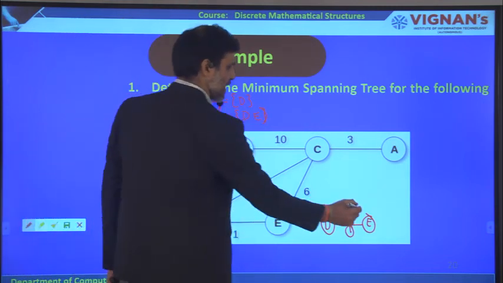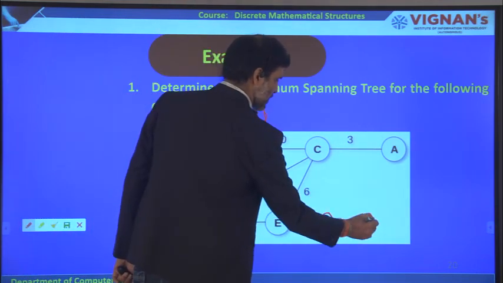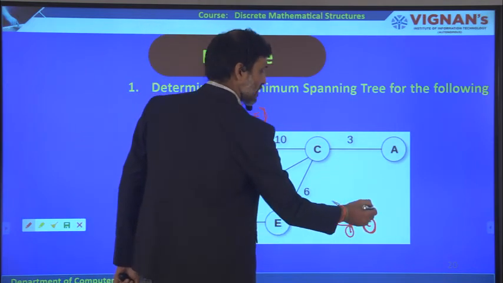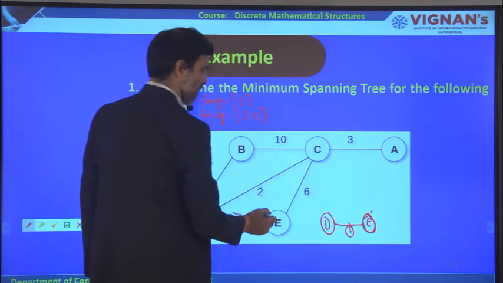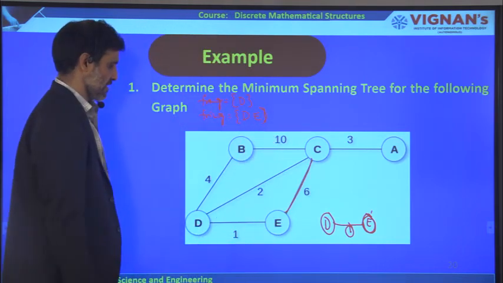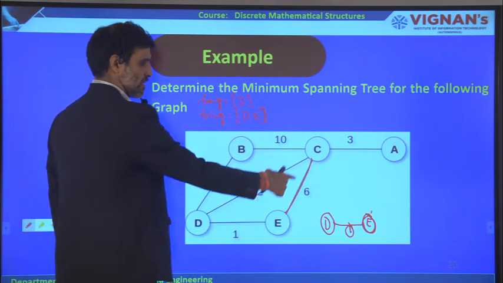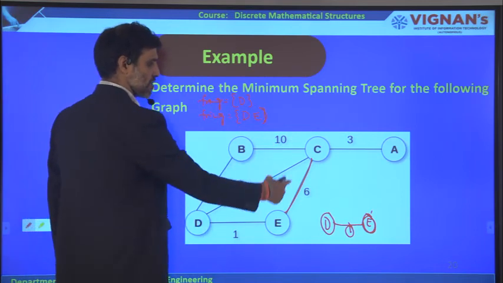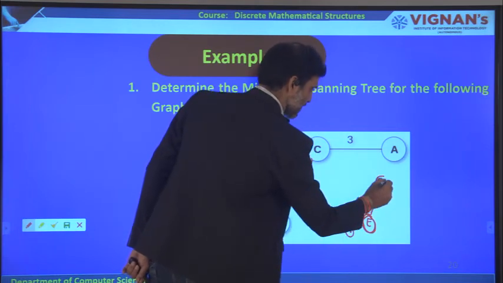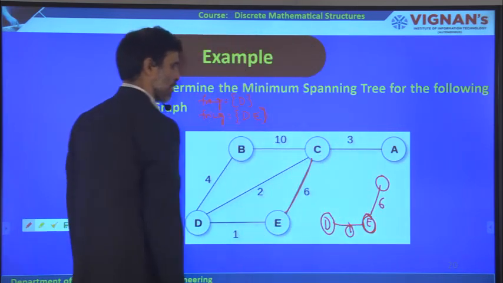Now once you get D and E, this is the incident of the given vertex D. Therefore you need to take the adjacent vertices of E now. What are the adjacent vertices of E? This is the only adjacent vertex. We cannot take D again because you need to go with other vertices. So you have to go with C. Only one adjacent vertex is there, so you have to take it obviously.